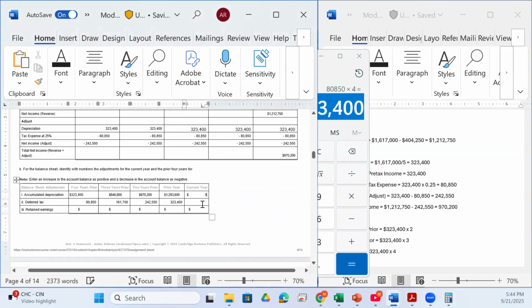I can enter 0, 0. And remember, these are our tax liabilities. So